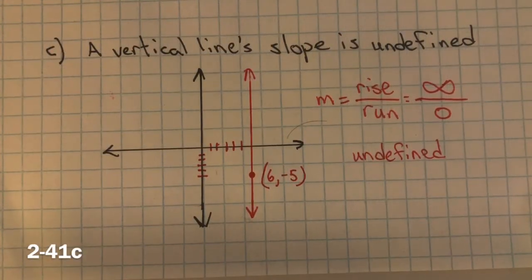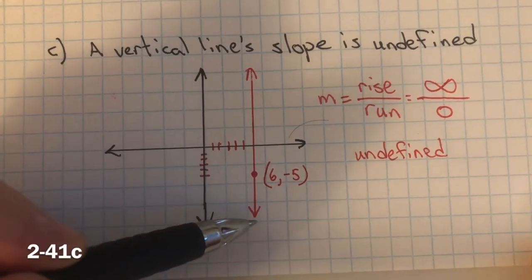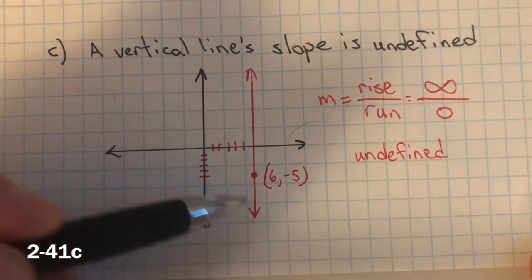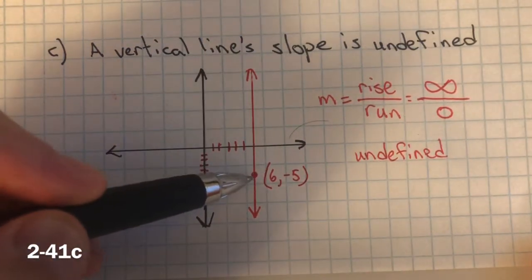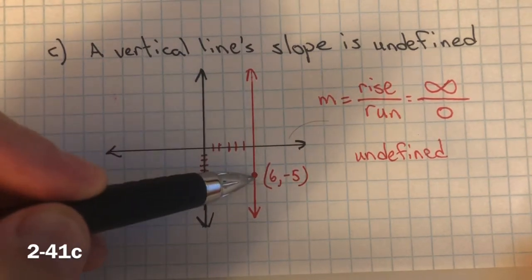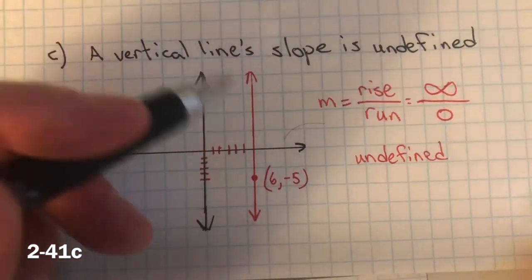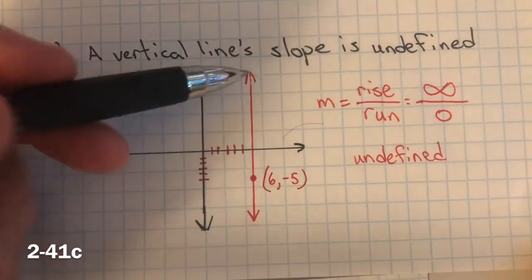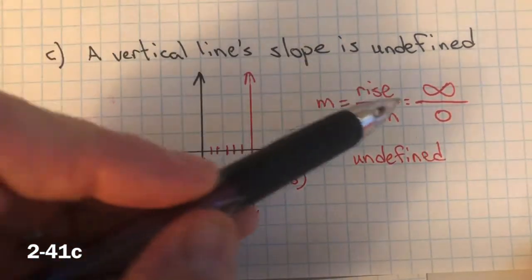For 241c, a vertical line goes through the point (6, -5). So here we have (6, -5), and we have a vertical line that goes through it. So we need to find the slope. Well, from this point, I can choose any 2 points, but if I were just to do the rise, remember slope is rise over run. If I were to choose the rise, it goes infinitely. And my run, there is no run. So that leaves me with